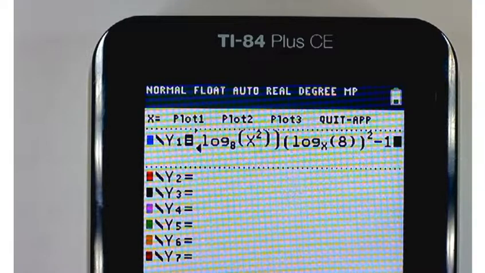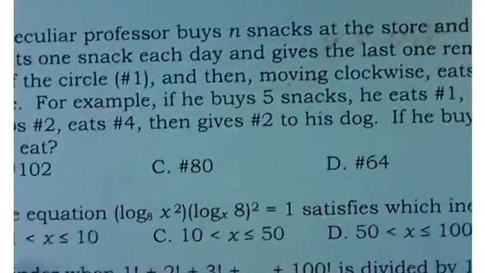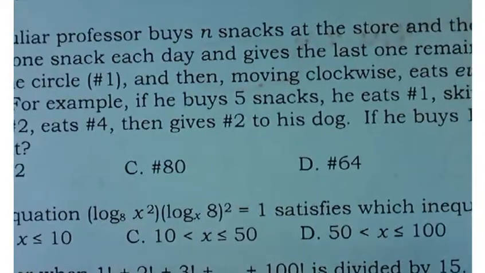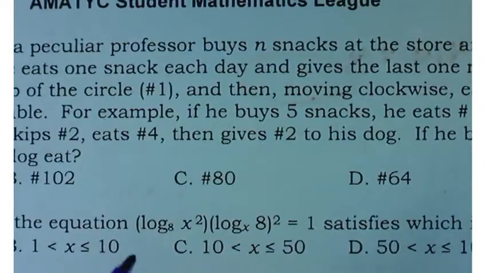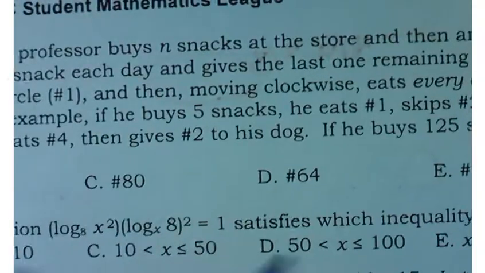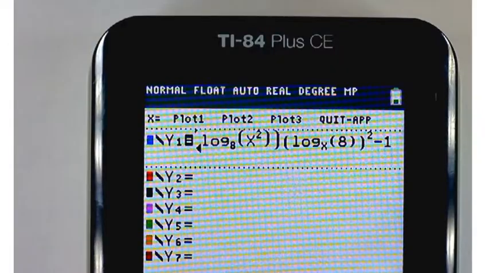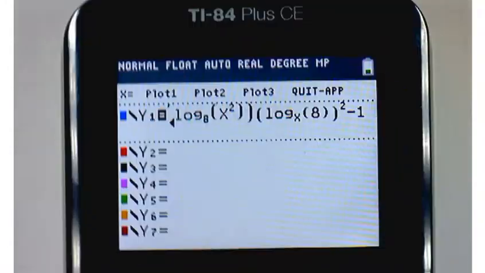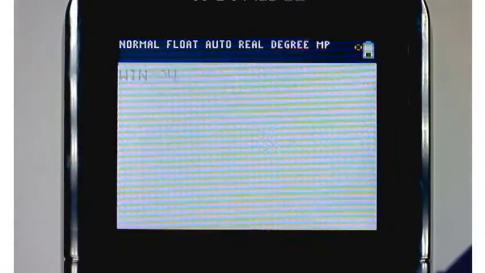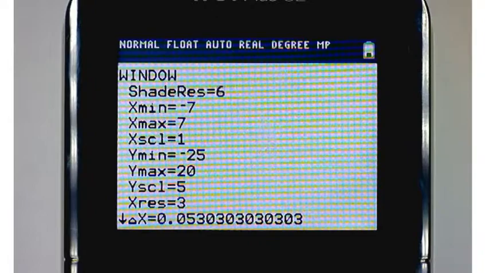All right, it says, let's see. It says the solution to the equation lies in which of these intervals? So we've got intervals that go from 0 to 1, 1 to 10, 10 to 50, up to 100 and beyond. So what I'm going to do is I'm going to graph this. I'm going to set my window, let's see, window from 0 to, let's do 125